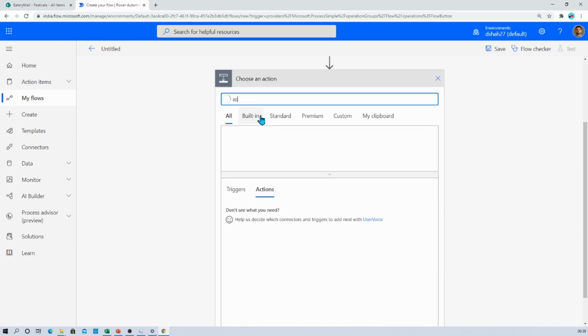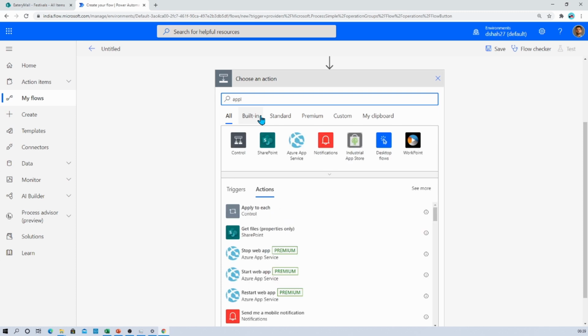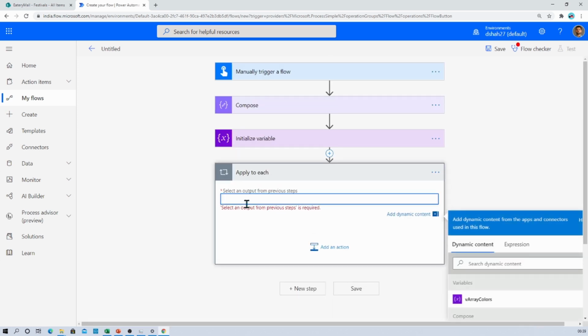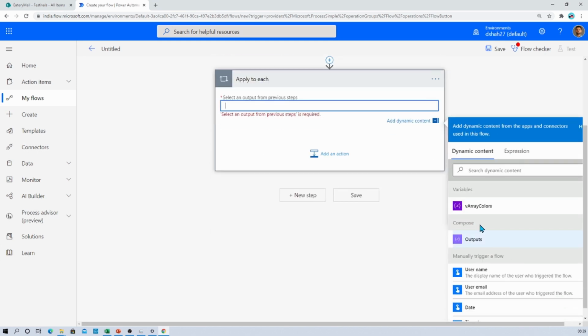Now apply a loop on that. So we will use apply to each. Let's select apply to each. Now we need to provide an output from the previous step, that would be the output of the compose action, right? So we will be using the output of compose from here.